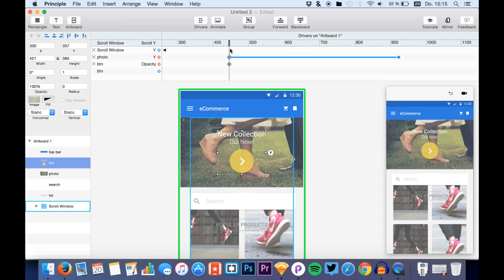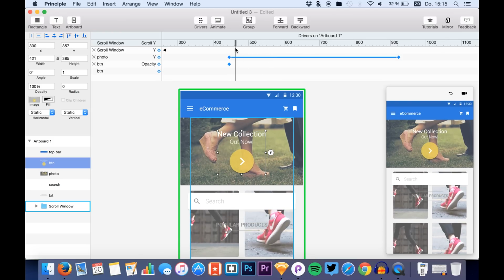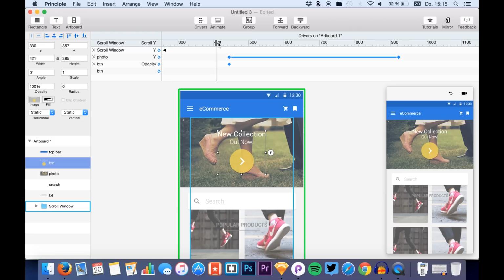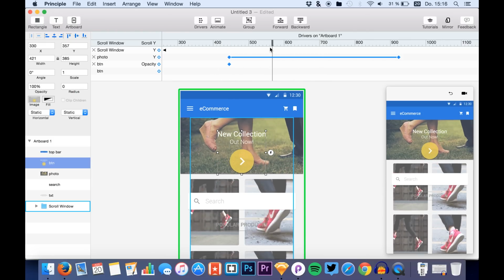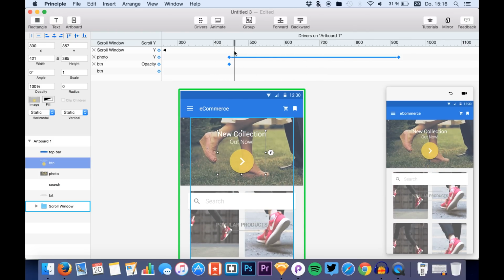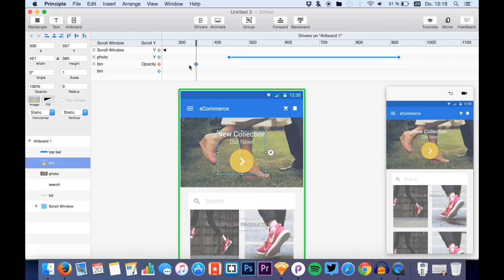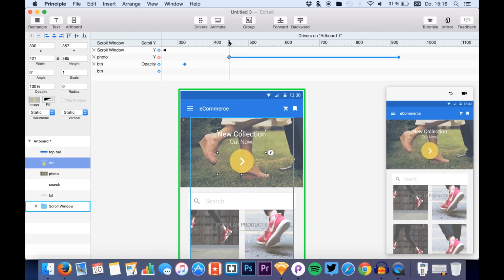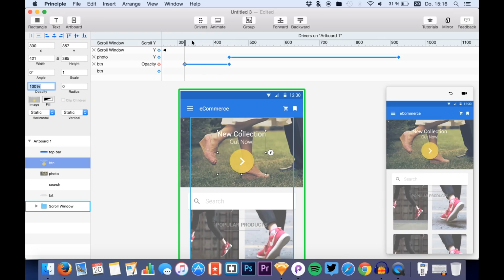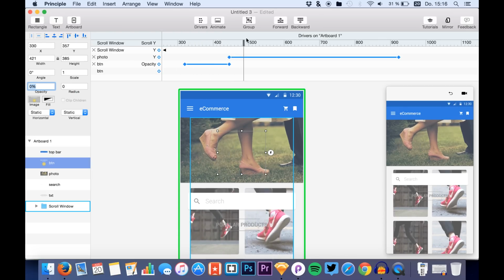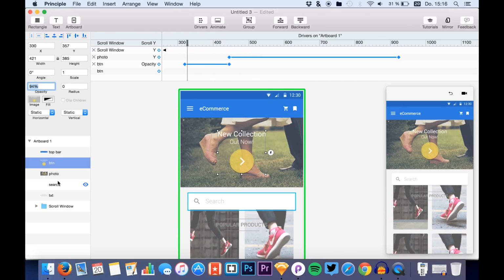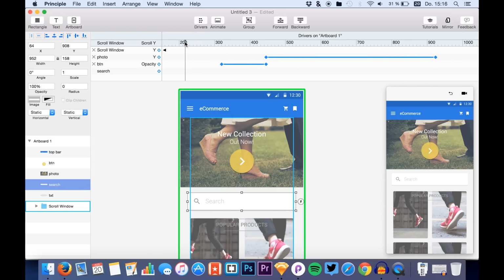So we have it right here, and we want the opacity to change once it actually is right there, so we have to start before. Here is our ending keyframe, and here the opacity should be 0, so you see it's really working well. The next thing is we want the search bar to be invisible when we are crossing it,